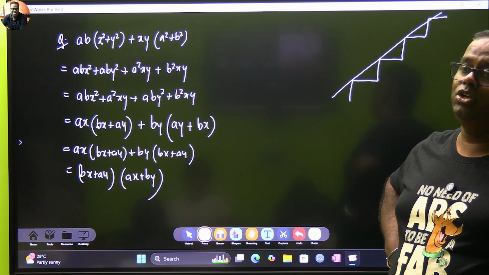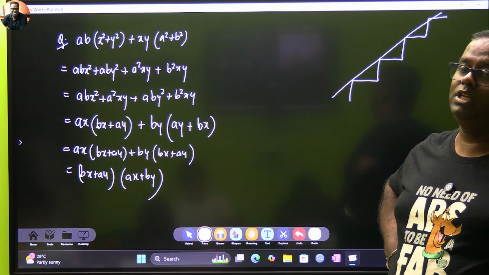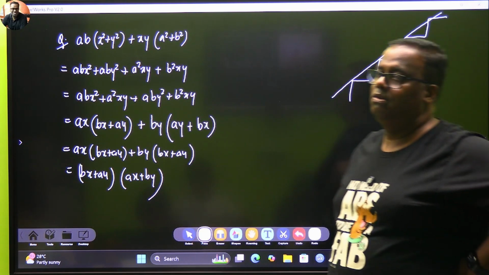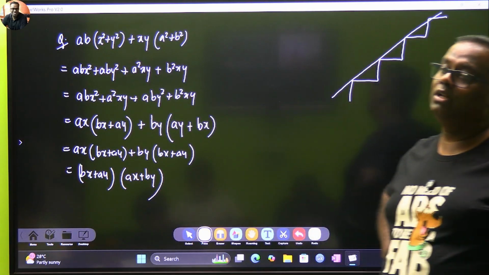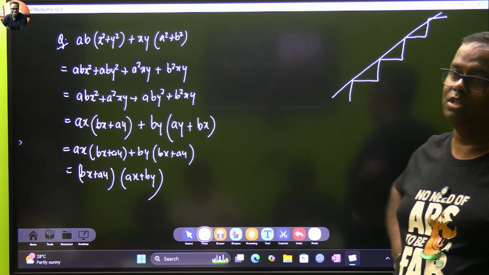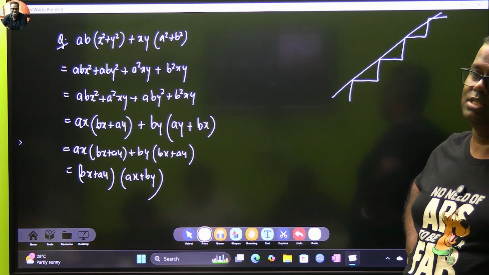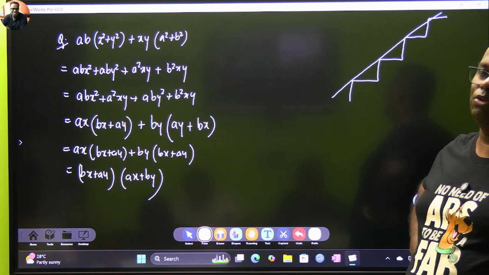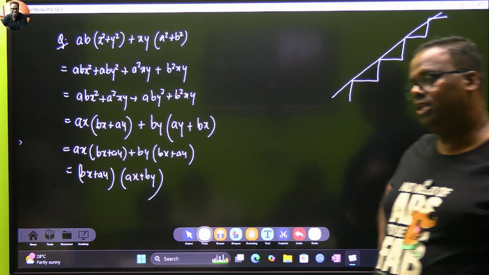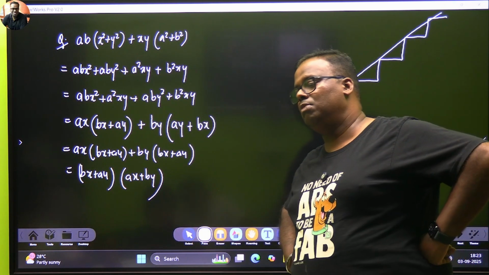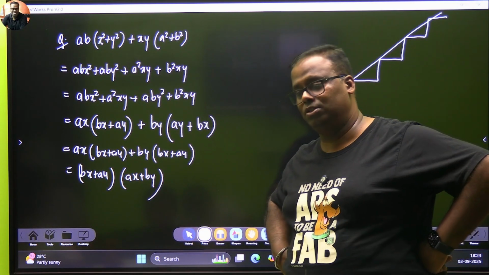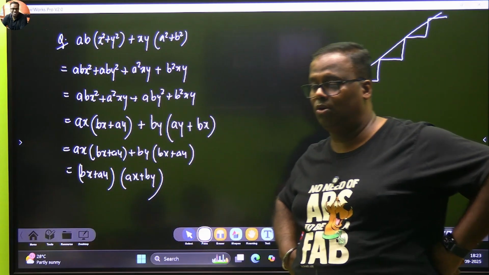But priority, children, direct and inverse variation. Direct variation is my priority. One class of direct, one class of this. Next class, I will start on Sunday. I will be doing indirect variation. So you have a lot of time to complete this exercise. Sunday, I'm not doing algebraic factorization. Sunday, I will do indirect variation. Got it? And indirect variation, maximum one class. So after that, we will be going on. Monday, we are again back to factorization. So till Monday, you have time to complete all your sins.